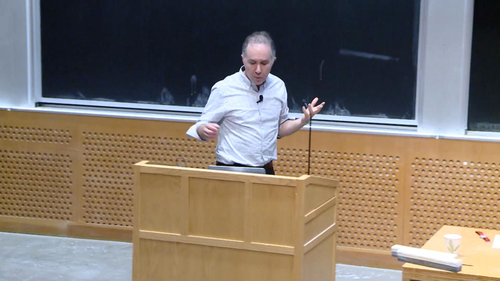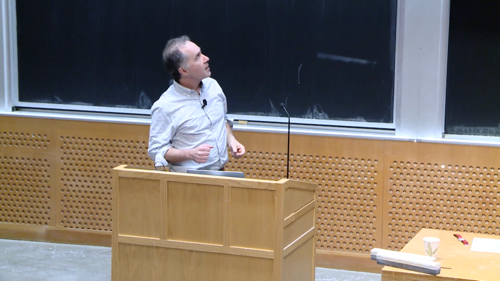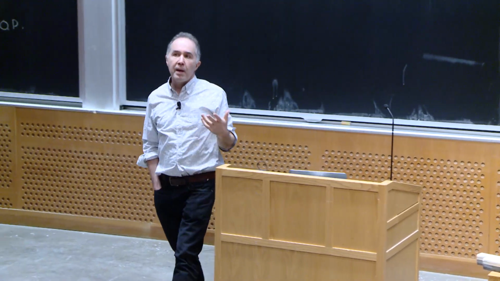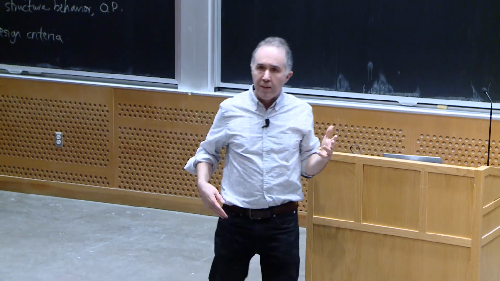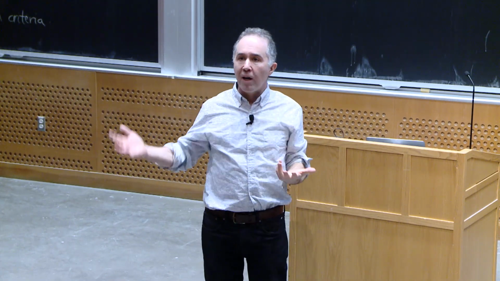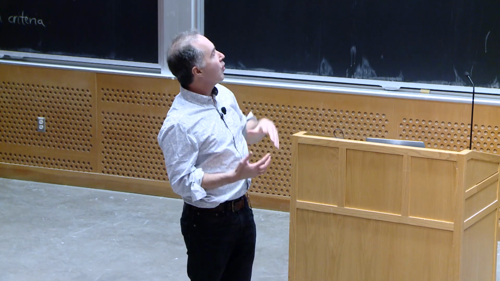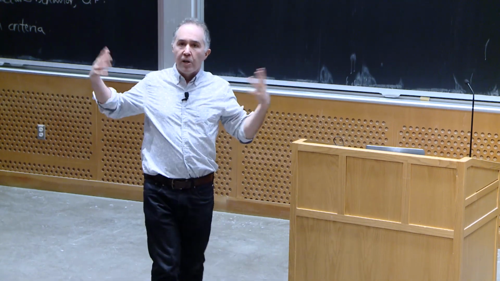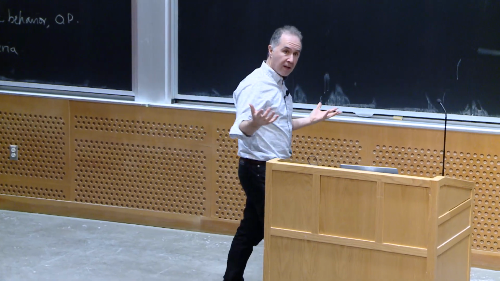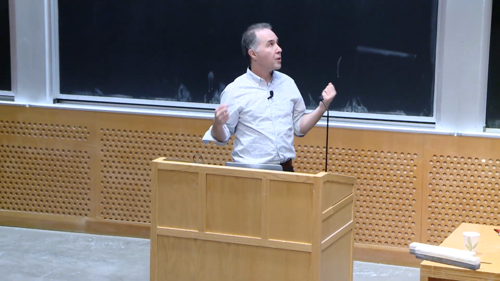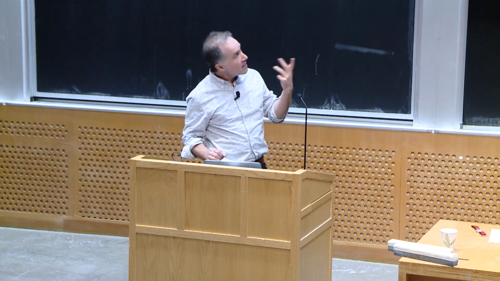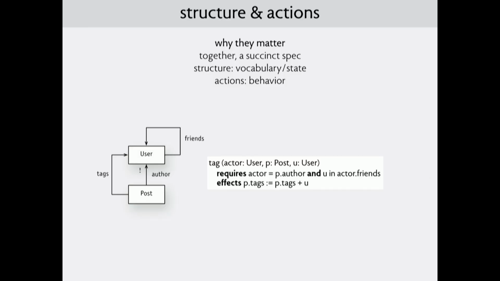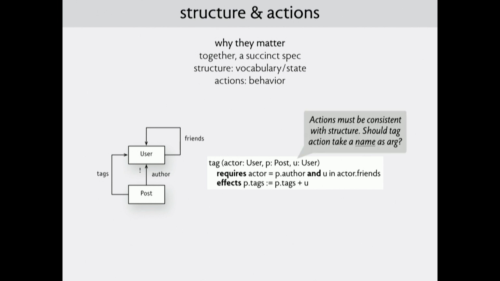Now, the important thing, when you do these kinds of things, this can help you resolve something that might have been bothering you about data models, which is, well, some of you have asked me, how far do I go? Like, do I need, for example, to have a string name for the user? Or is it enough to have just an abstract notion of a user? One way to check that is to see what you actually need in your actions. And in this case, it's very clear from the action, and the fact that it's OK to tag a user you rather than provide the name of the user, that this is OK.